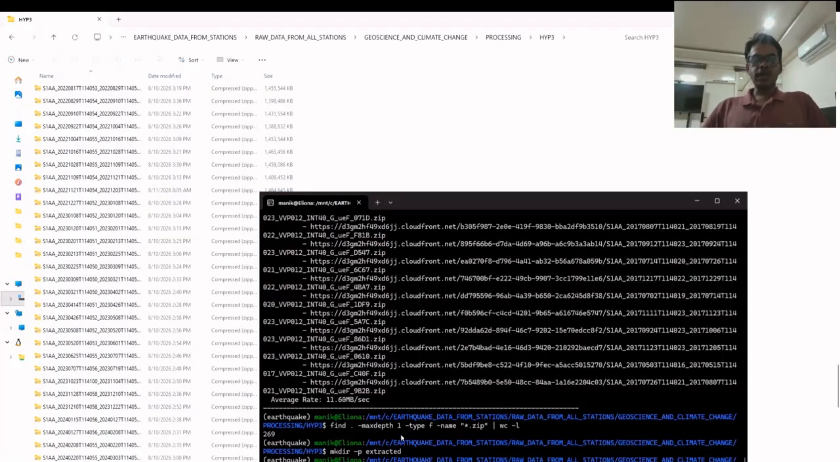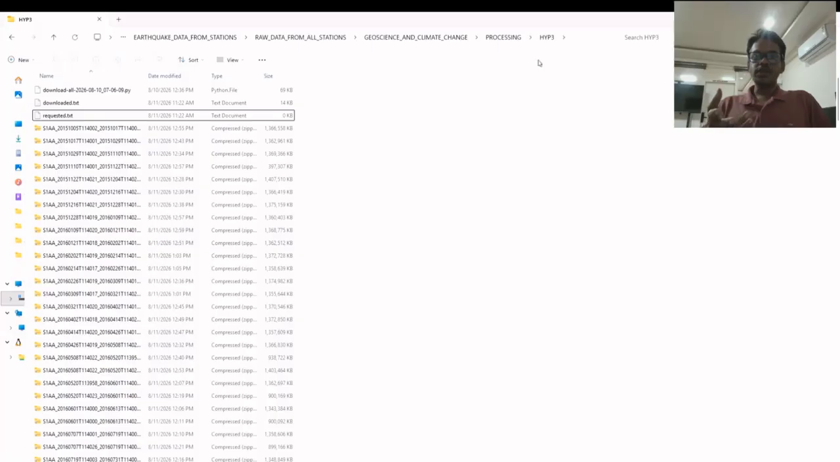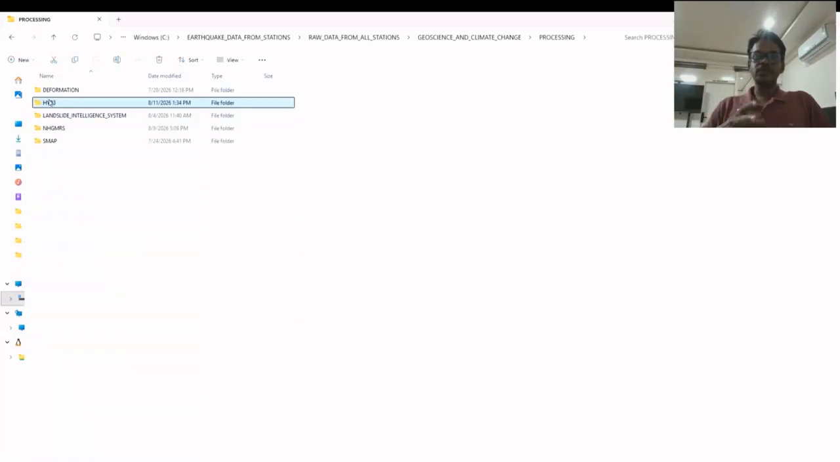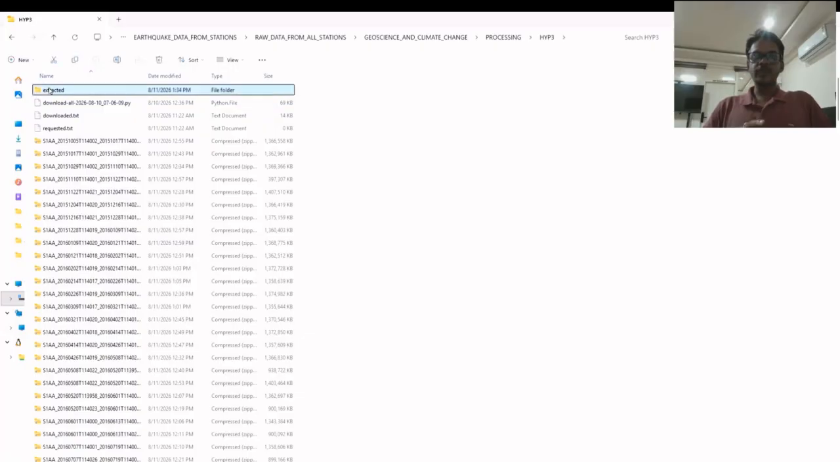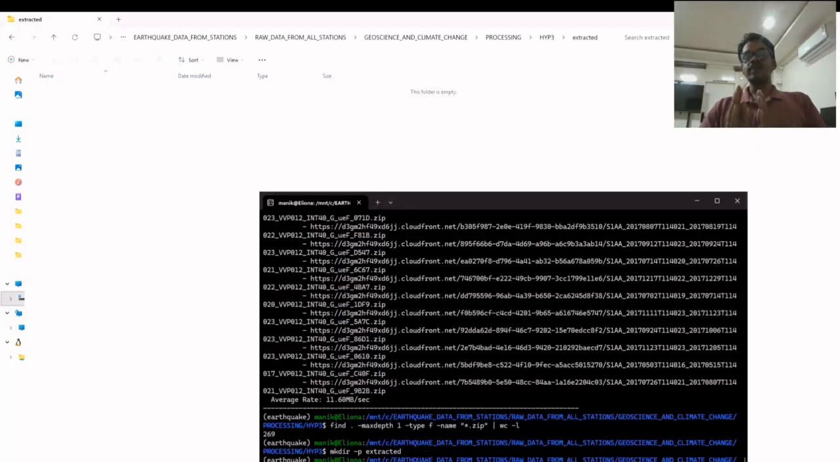So I've downloaded all the data, and I'm just checking the files. You can open the folder and see the number of files. Now I have created one folder called extracted. That is because we need to extract the zip files into a particular folder so that the SBAS configuration, the small baseline app configuration, will find the required documents from that extracted folder,